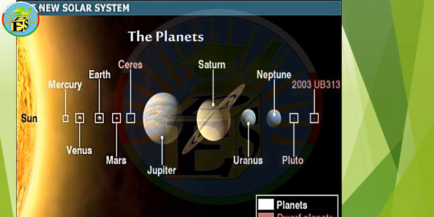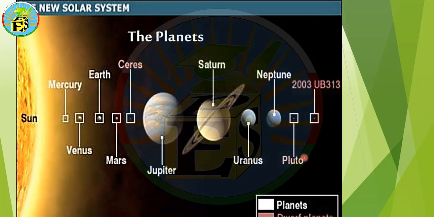These are the solar system parts. Start from the sun. You can compare the mass of the sun and the mass of the other parts of the solar system. We said most of the mass of the solar system is concentrated inside the sun. The first planets are Mercury, Venus, Earth, Mars, and then we have some other parts. We call them dwarf planets, and mark them with another color: Ceres, Pluto, and 2003